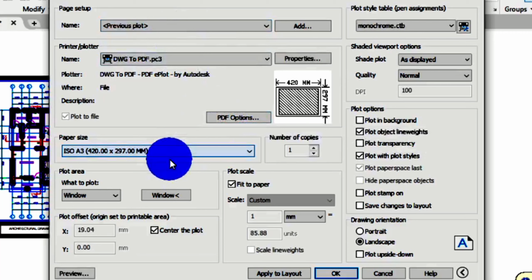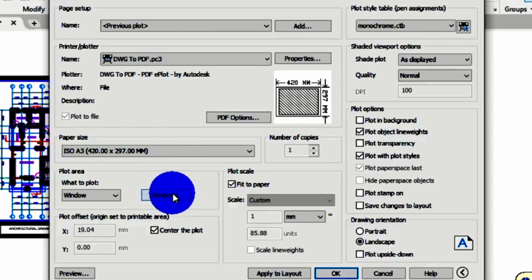You can see that it changed everything to PDF. It changed my paper size to A3. I don't need to start changing the settings again. This command is very, very important. Let's say, for instance, we have 10 drawings to print. After effecting the settings for the first drawing and printing it, when you come the next time, you don't need to do the settings all over again. You can simply come to page setup. Under name, you choose previous plot, and every other setting will change to the previous plot settings you did.